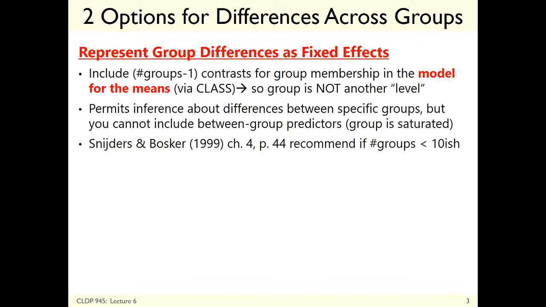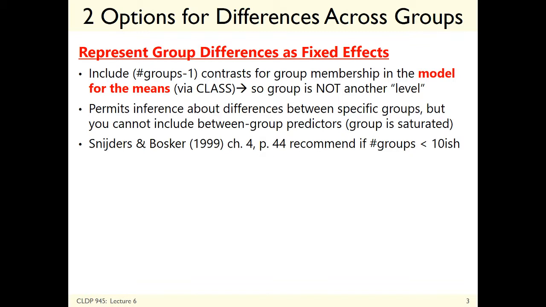So let's say that you're doing a study where you have a population that's hard to come by. And so you partner with some other sites, and you get your population from, let's say, 5 different places. Your people, because they already were part of those sites, may be different because of what site they belong to, for reasons that you have absolutely no interest in. That is a case in which controlling for site group as a fixed effect makes a good deal of sense. There's not very many. Less than 10-ish is the conventional wisdom. You don't really care what makes one different from the other. You just need to be able to control for group differences.